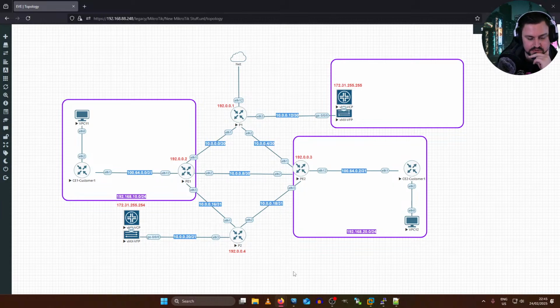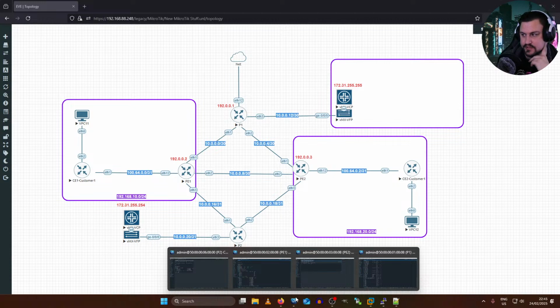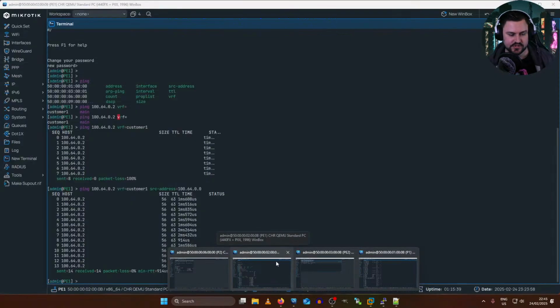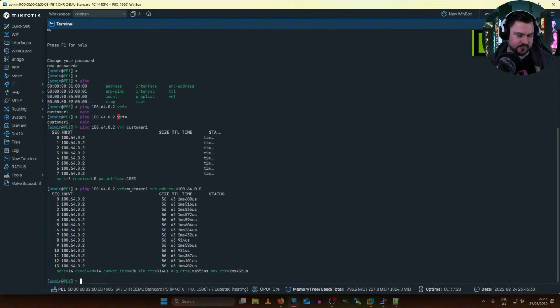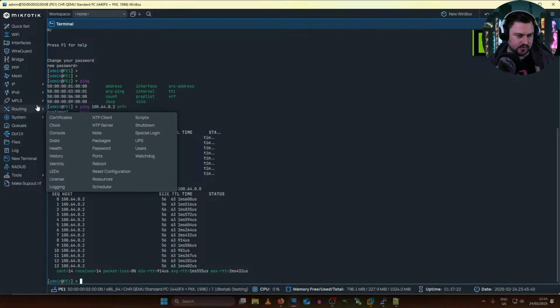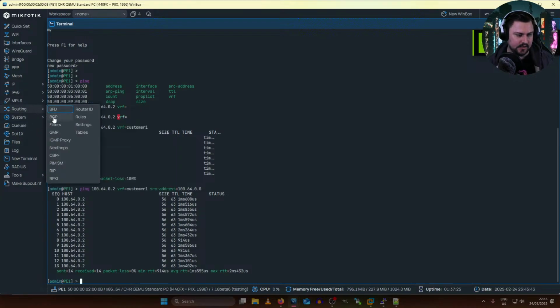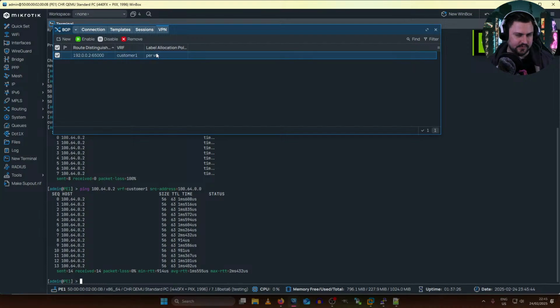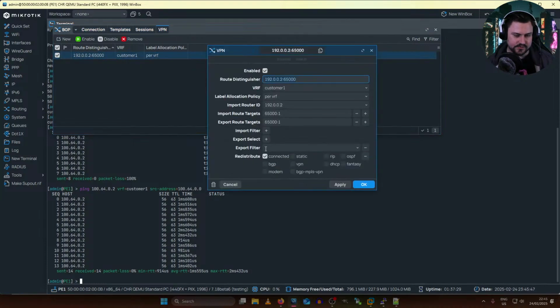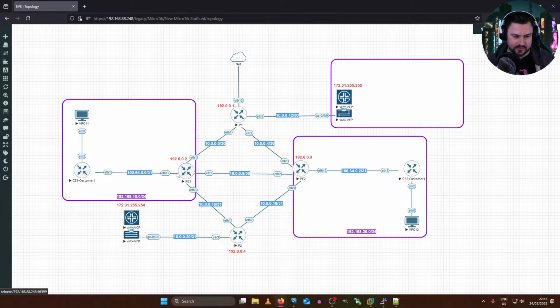Well, there's a few ways we can do it, but the first and easiest way is to go into the provider edges and redistribute static routes. So I can go into my routing, BGP, and then inside the VPN configuration, because when I started this config, I added it to redistribute the connected routes, which is how I learned the IP addresses of these Ether12 WAN IPs across the MPLS.